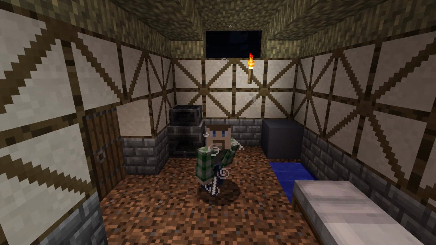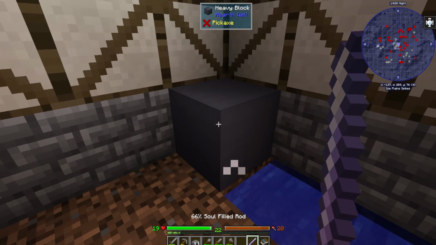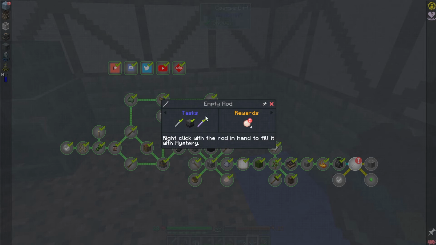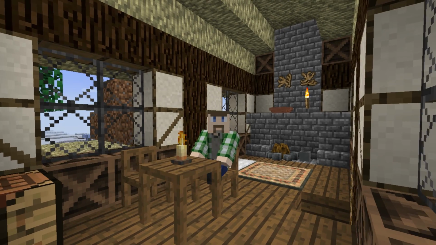Alright, heavy block obtained as well as the rod. Let's see how this works. Yep, and you just right click and it filled it up, 33%. Guess we can go up all the way probably, huh? Yep, there we go, and now we have a Myst Rod. And with that, we now have this done. Jello. And having created the Myst Rod, I think we're going to call it a day at this point,